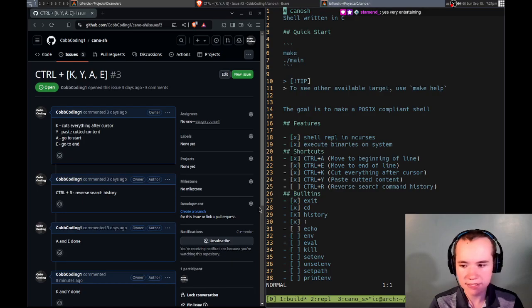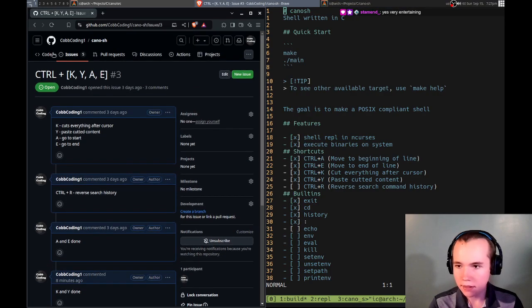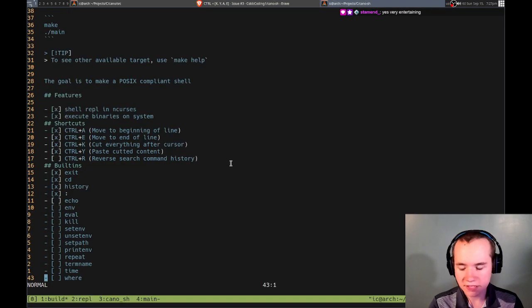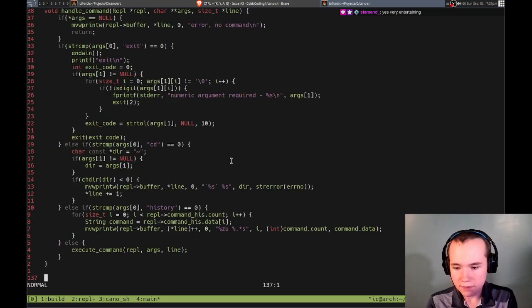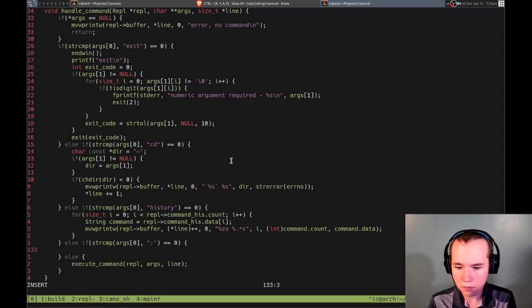I should put the dependency as well, but I'll do that later. What are the other features? So there's not really that much done. Let me implement this one quickly. We can just